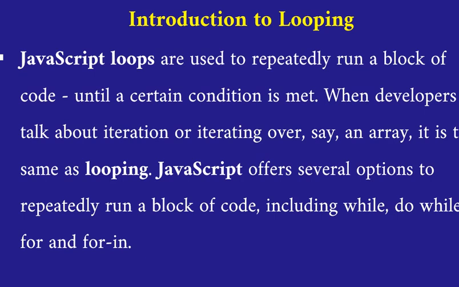When we write any program, until we reach the output, the statement should repeat again and again. For example, you want to print the table of number 1. If you are not reaching the desired result, that is 10, you have to repeat the statement, and that is called looping. So the table of number 1 to 10 will repeat the conditions like this: 1, 2, 3, 4, 5, 6, till 10. Once you reach the desired result, the looping should stop. That is called looping. It is called repeating things. So it repeatedly runs the block of code until a certain condition is met.